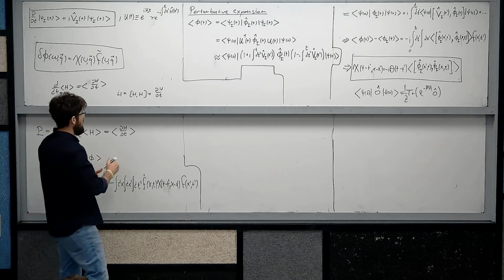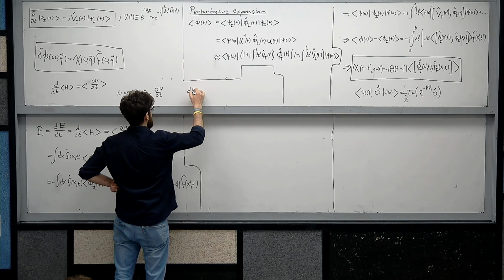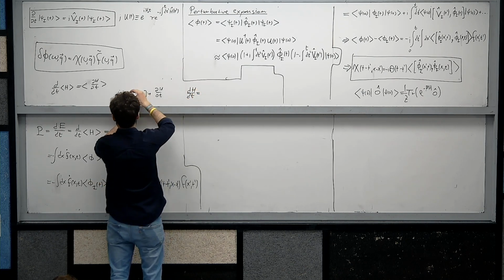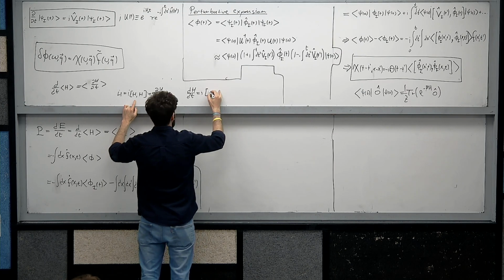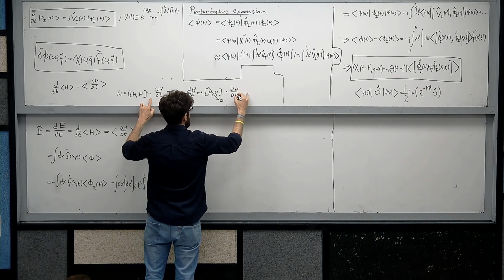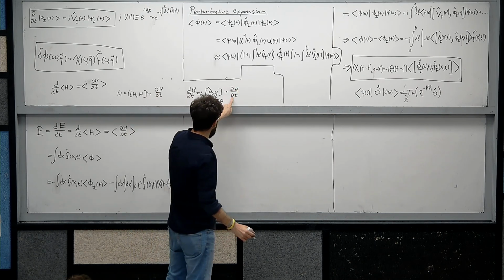So basically, what you're saying is that dH/dt is equal to this. We have i times the commutator of H with itself, which is 0, plus ∂H/∂t. Now ∂H/∂t in our case,